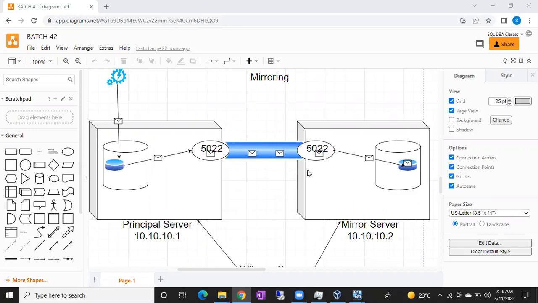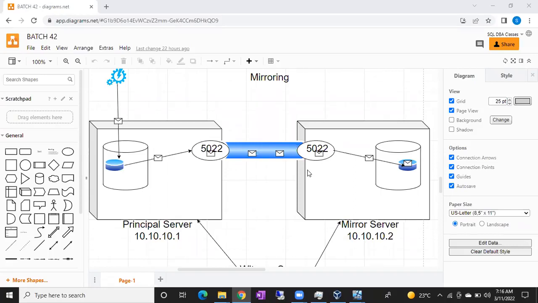What are the agents involved in replication, guys? Snapshot agent. Very good. Log reader agent. Very good. Distributor agent. Merge agent. Very good. Subscriber, there is no agent. These are the 4 agents. Snapshot agent and distributor agent are both very important. Both are common for all the replication types. And we have the merge agent and the log reader agent. The log reader agent is also an important agent, guys.